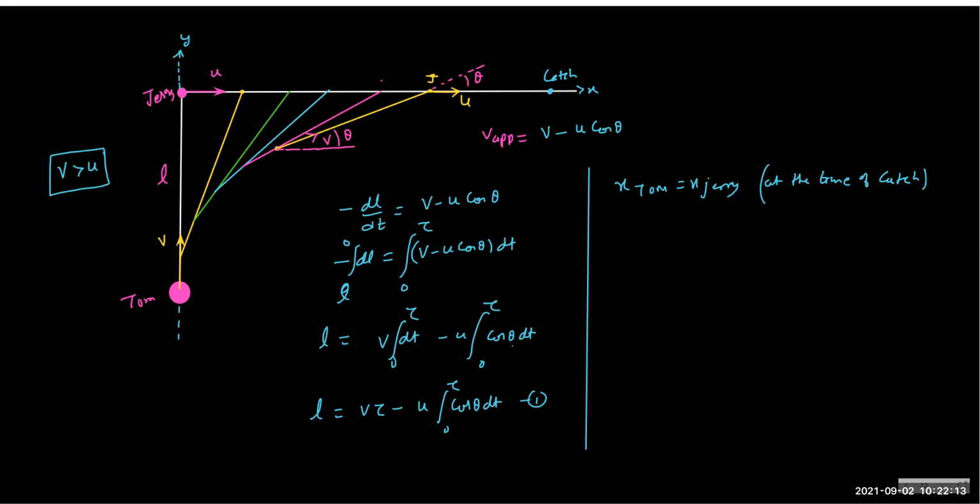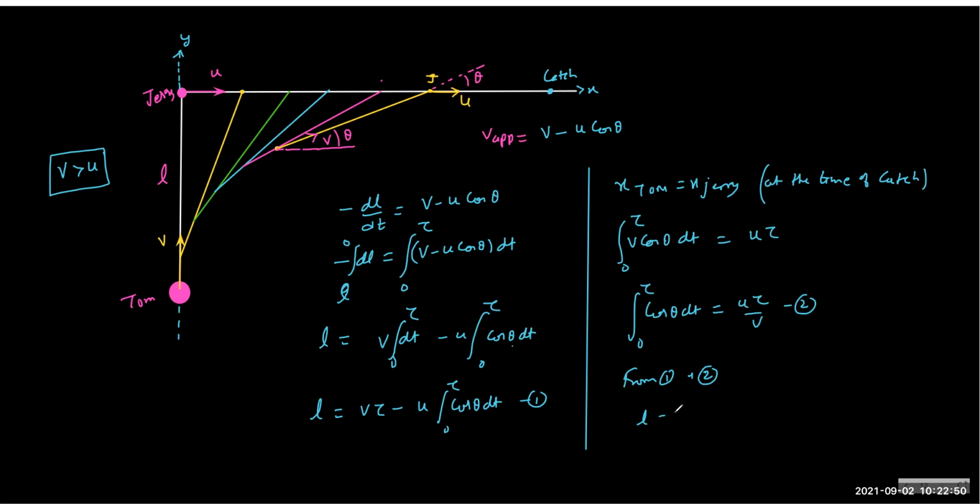So how do we connect the x term? We can say v x term, which is v cos theta into dt, integration from 0 to tau. This must be same as x 0, which is u tau because it's constant. And v is constant, so we can take it out. So we can say that the integral of cos theta dt from 0 to tau must be u tau by v. Now that's equation 2. Although I do not know the integration, we know what this will be equal to indirectly. So from 1 and 2,